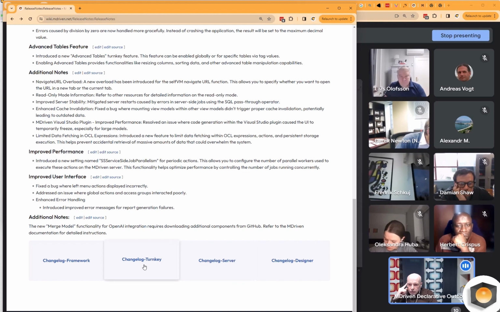And the 4th product is the MDriven turnkey application, which takes the UI part and the application part of the information system.